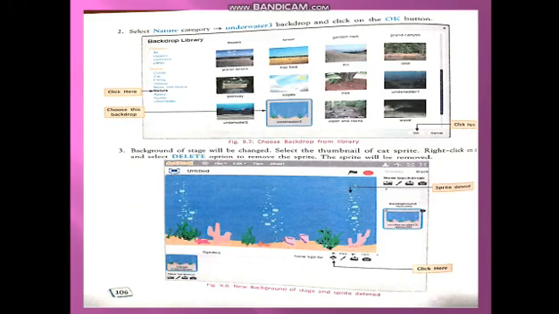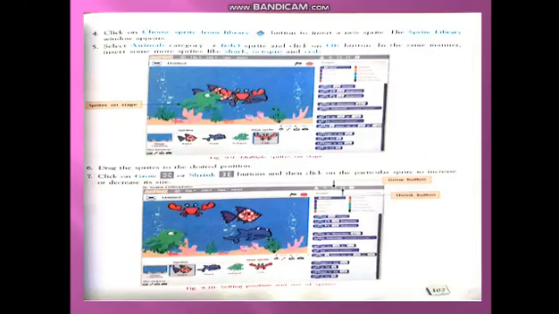Select the thumbnail of the cat sprite. Right click on it and select the delete option to remove the sprite. The sprite will be removed. Just see the figure. Okay, figure 9.8, new background of the stage and sprite deleted. In figure 9.7, you can select a backdrop from the library.